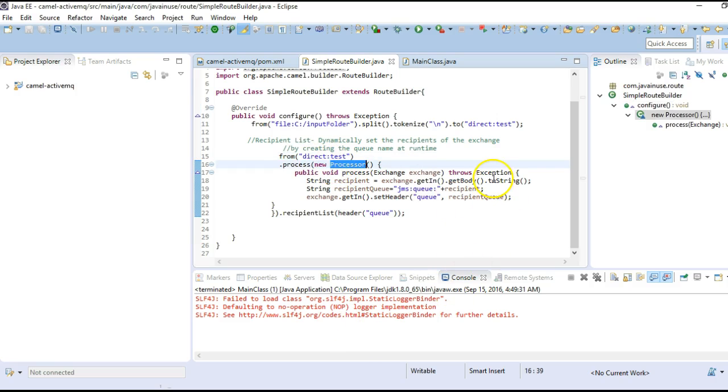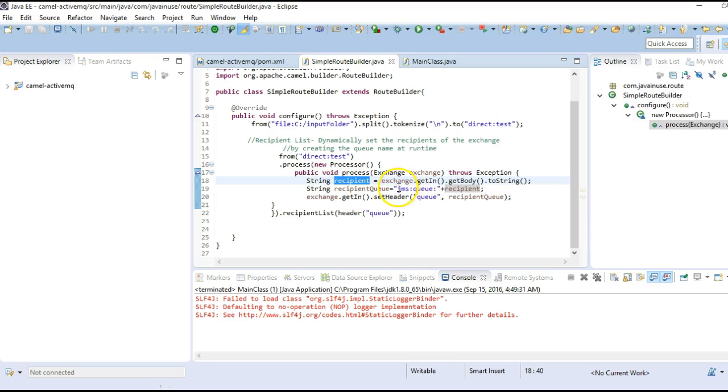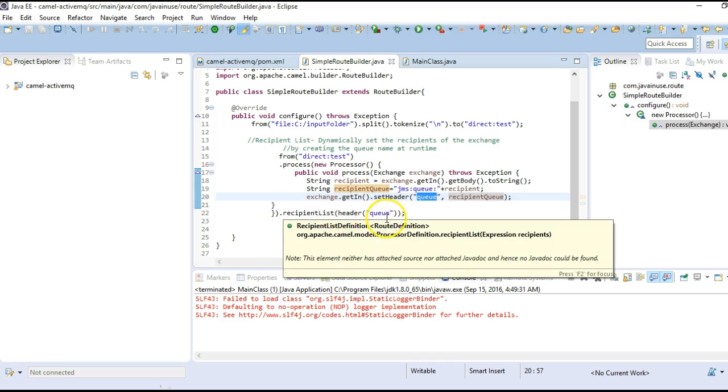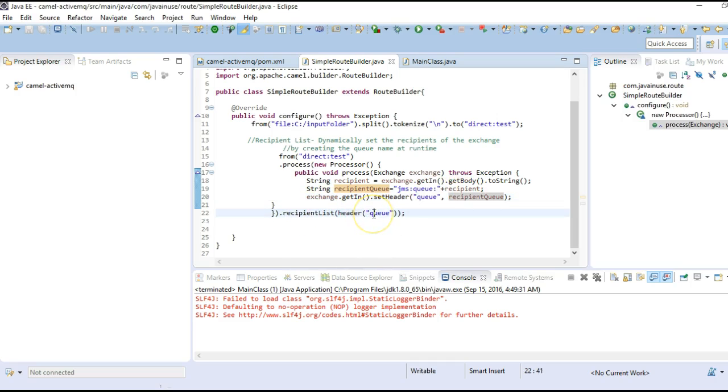What this processor does is, whatever is the message in the exchange, it stores it in the recipient. Using this string we have created a queue name JMS::queue, and whatever the message that was stored here, we create a recipient queue. We add this to the header variable queue, and in the end we just write recipient list and get the variable queue from the header that we had set before. So it will get forwarded to this particular location. So at runtime we have decided what all recipients should be there. Multiple recipients can be specified in this recipient list.